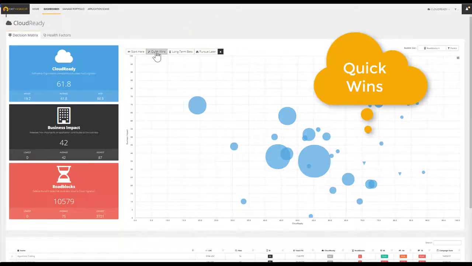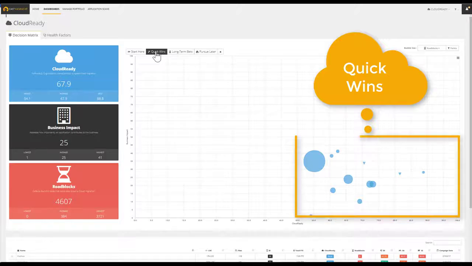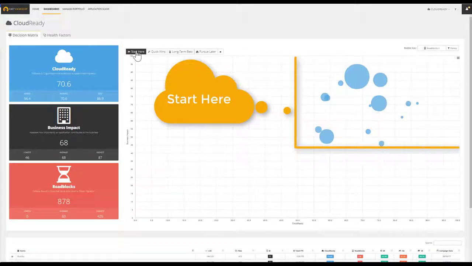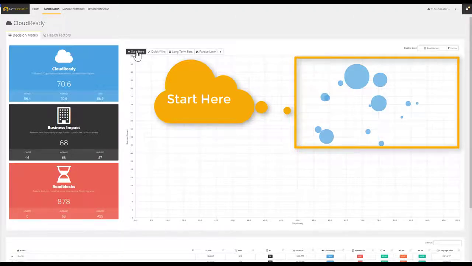Quick wins. These applications have a solid foundation to move to the cloud, but are not business critical. These applications can be migrated to gain experience and build trust with the smallest impact on core business operations. Start here. These applications also have a solid foundation to move into the cloud, but are identified as critical to the business. These applications could have the biggest business impact, but downtime during a migration could affect the core business